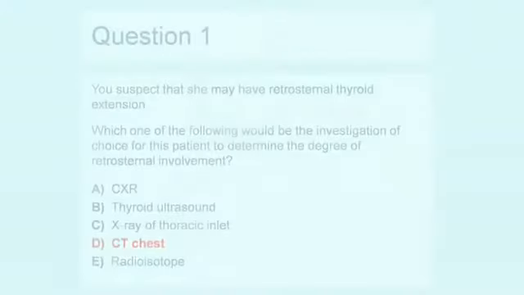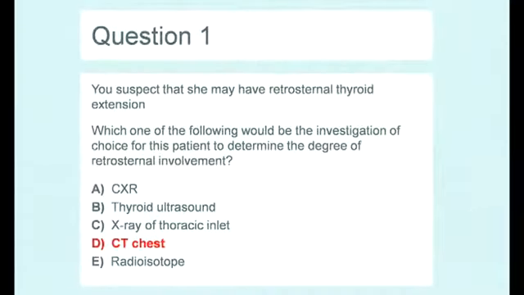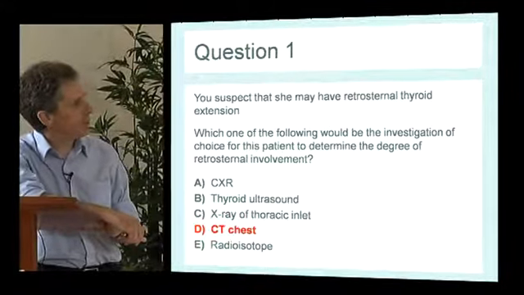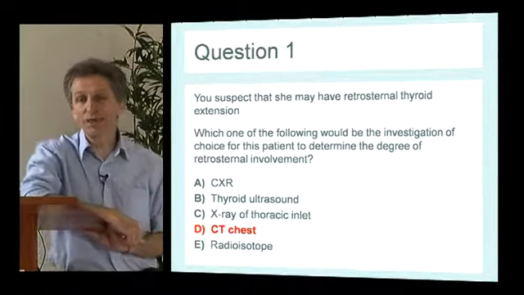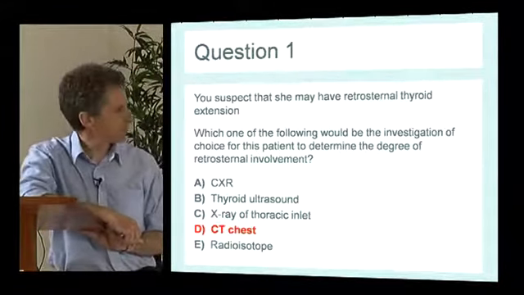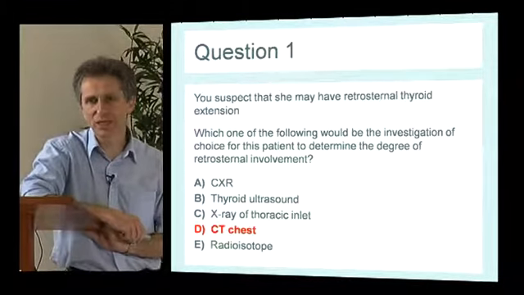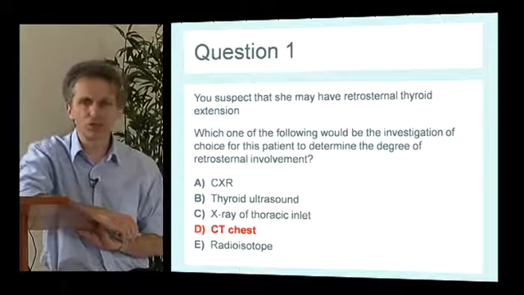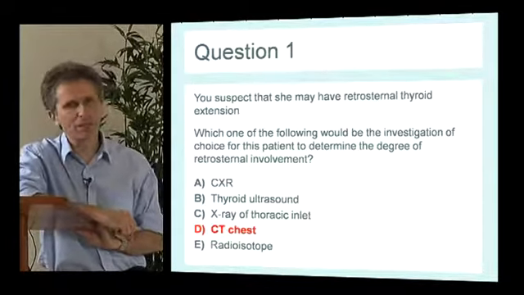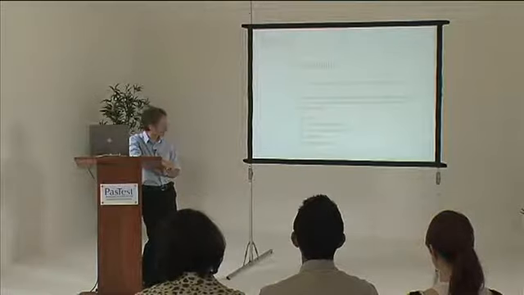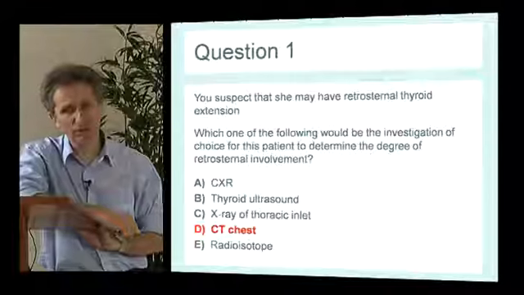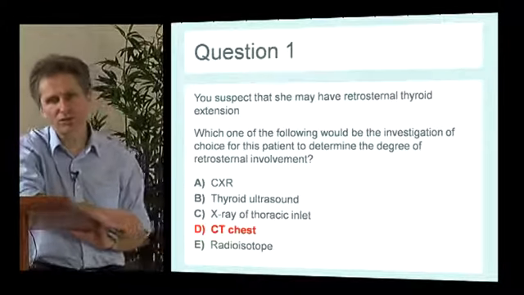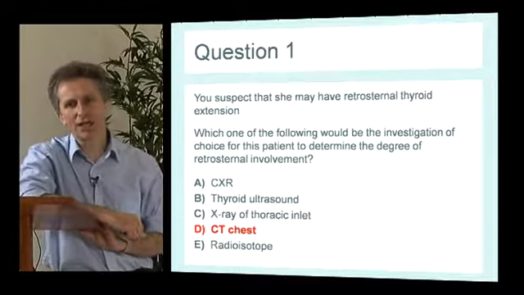So the preferred option is a CT of the chest. Many of the other options would image the thyroid gland. For example, if we look at the bottom, a radioisotope scan would show uptake into the thyroid gland. It's sometimes helpful in showing the activity of the thyroid gland, but is not the best way of defining the anatomy. A thyroid ultrasound would also show the size of the thyroid gland, but it wouldn't show the relationship to